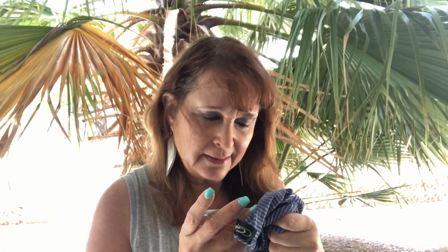Next top is by Colette. It's a Lecce cross front detailed knit top, and look at this cute, and it's so comfortable feeling. So just as I said, I asked her for these kind of tops and she did a great job. Then I asked for some shorts